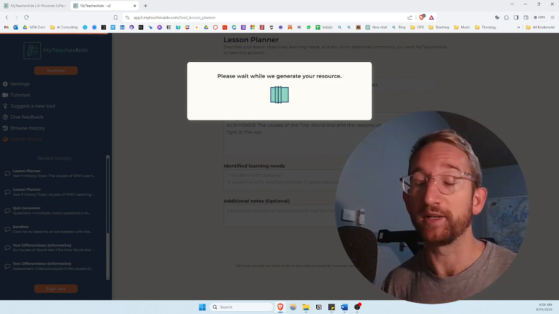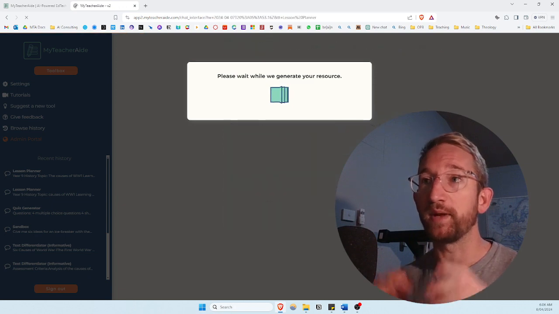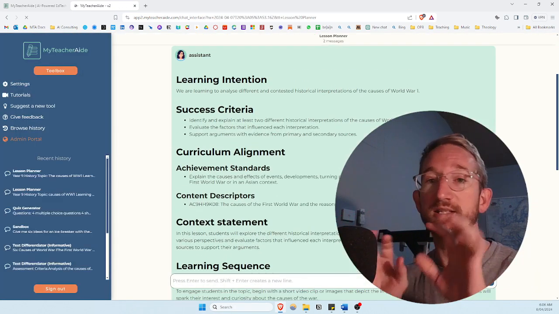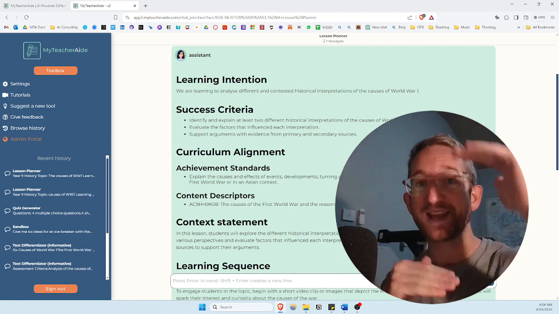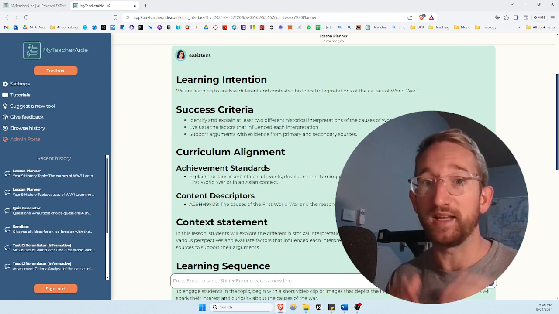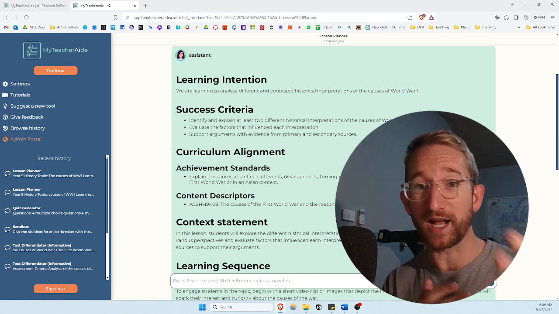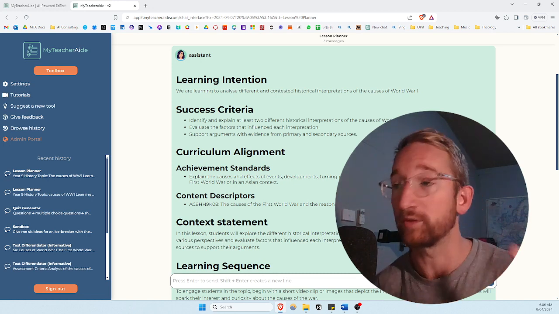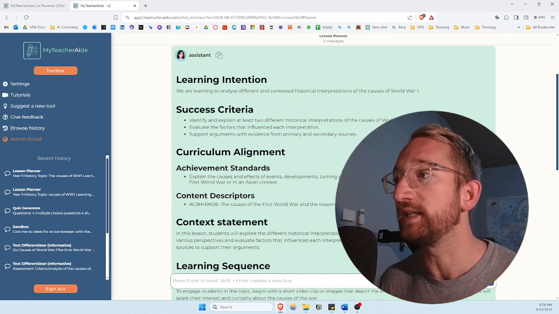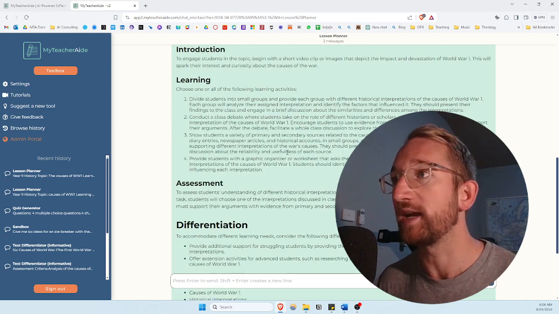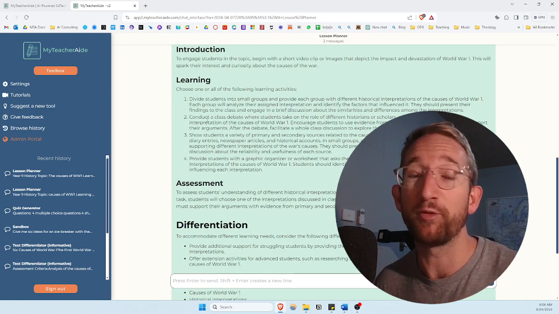Because what you can often have with lesson planners is people will say, okay, I want this, this, and this, and this, and it will spit you out a static lesson plan, and it's effectively saying, this is your lesson plan. Some tools you can't iterate, you can't change, you can't go back and say, I want more of this or less of that. What we do here with MyTeacherAide is we give you a list of a few different